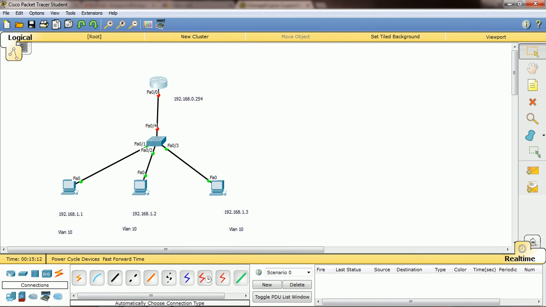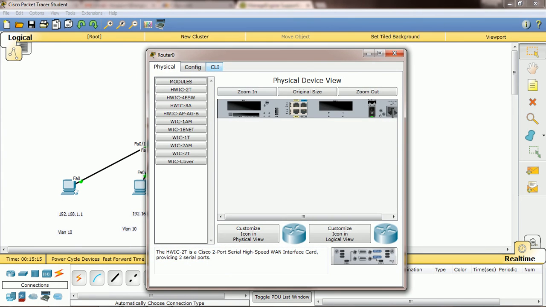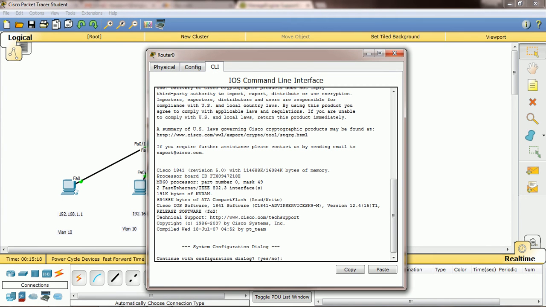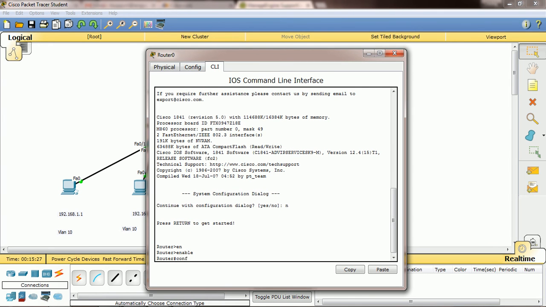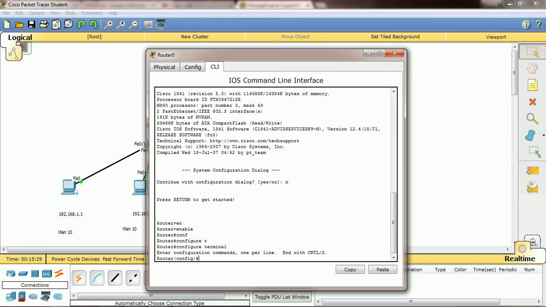Then I am entering into the router, and I am going to do the initial configurations of the router. Give no, then enter, then enable, then config terminal mode. In switches and routers you will get mostly common commands only. Things like VLAN you can't do in routers, it is applicable in switches. Okay, then we are in configuration mode.